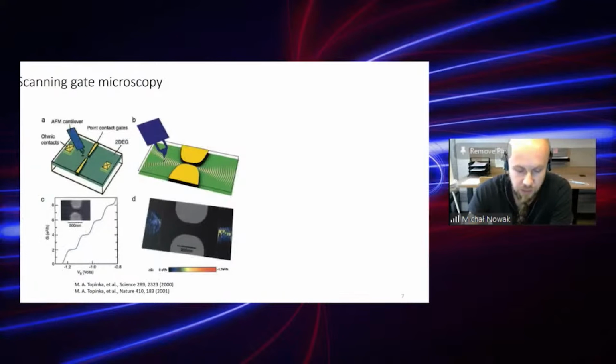We learned that in SNS junctions, the current in the magnetic field forms this kind of streams of positive and negative supercurrent, and we asked ourselves if there is a way that one can actually see this supercurrent distribution in an experiment. And we want to use for that a technique which is called scanning gate microscopy. This is a well-known technique in